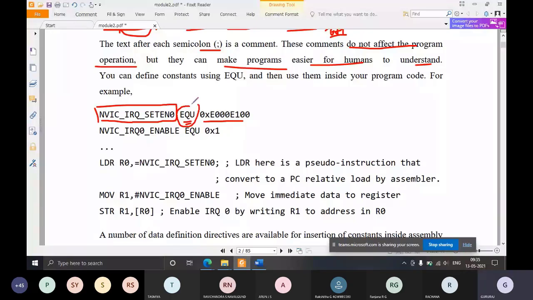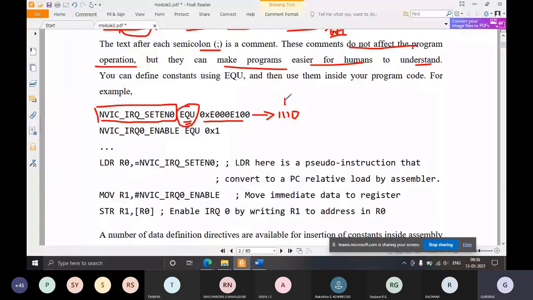Now can anyone tell me how many bits is this hexadecimal value that we are seeing here? 32 bits. Yes, it is 32 bits, correct? See how it is 32 bits. Since it is a hexadecimal value, each character will be represented using 4 bits in binary. So this capital E, in binary, you can write it as 1110.